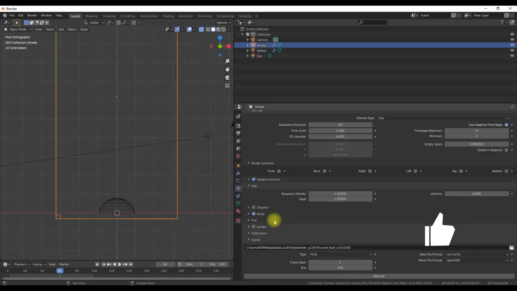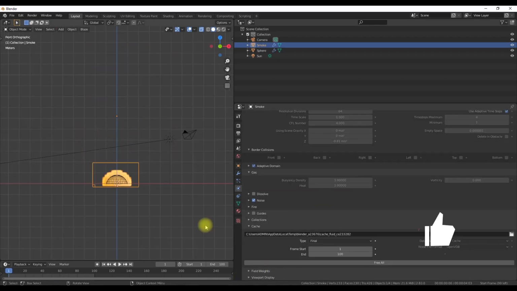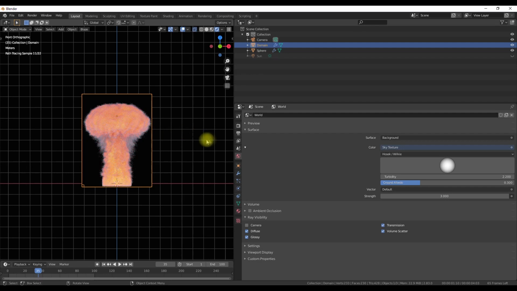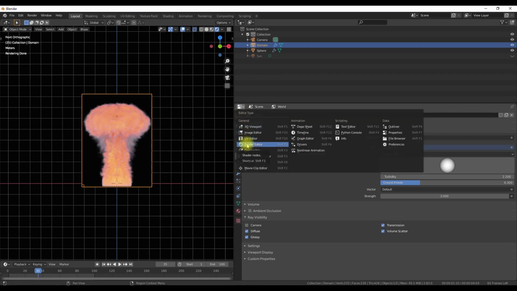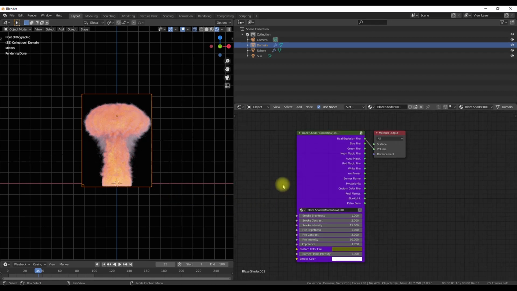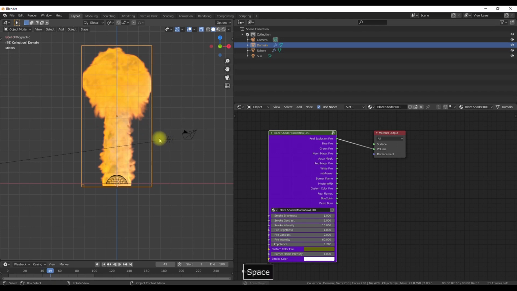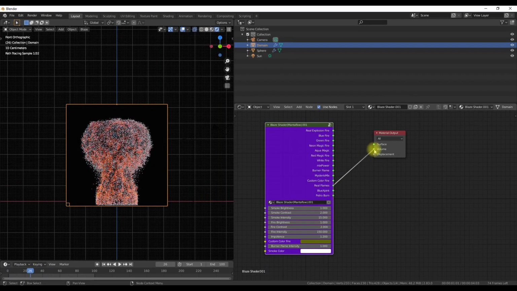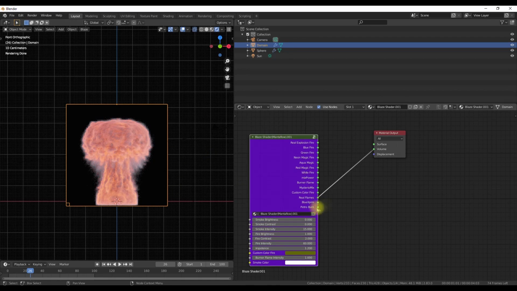And now just quickly switch to the fire simulation. I'm not going to set up a fancy simulation, I'm just directly switching it to the fire plus smoke from the drop down menu. And this is our shader for Mantaflow, and this shader also has exactly the same inputs which I explained a few minutes earlier. But here I want to draw your attention to the two new presets, which are Blue X Pink and Petro Burn.